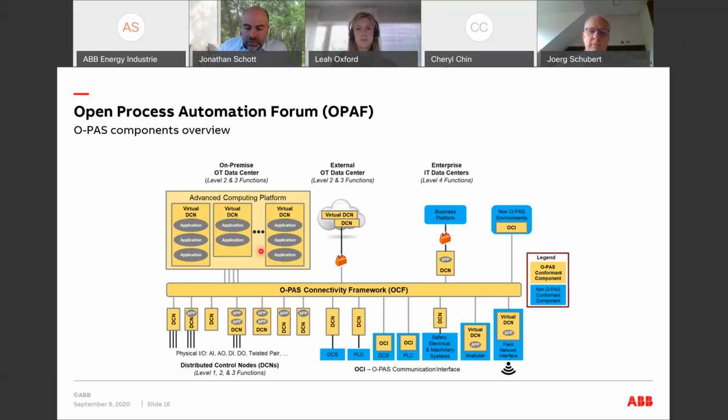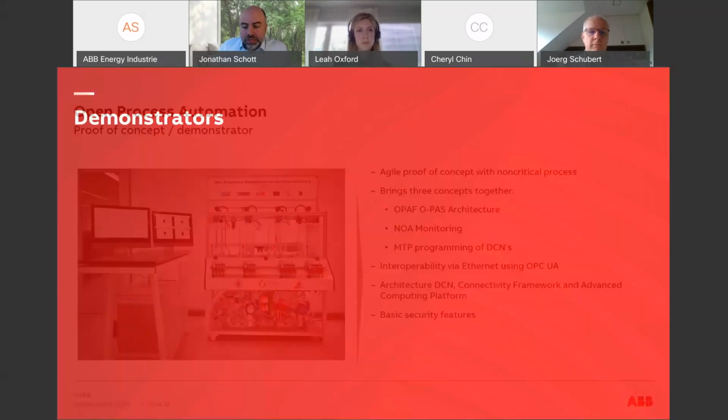But right now we are focusing on the highest application layer, and the others will be explored at a later stage. So yes, all these principles are crucial for the success and the usability of the OPAF standard. And one topic of that just started right now as well is the orchestration of all of that. That's right. If you have a lot of these containers, you need to orchestrate them, how they are running, not orchestrating your process, but your system. And these are as well topics that the OPAF is covering.